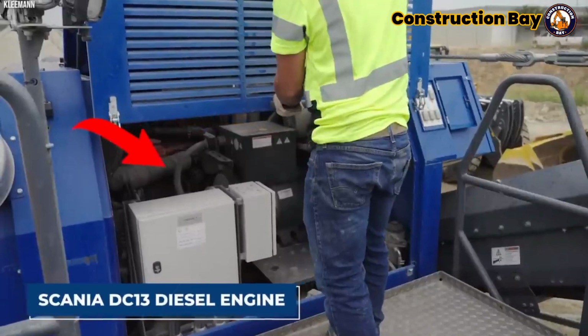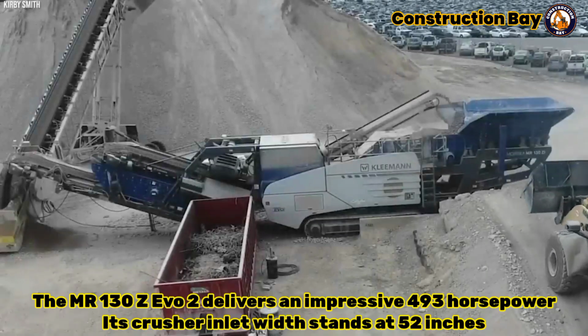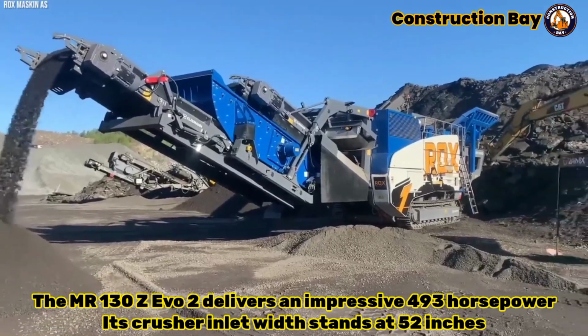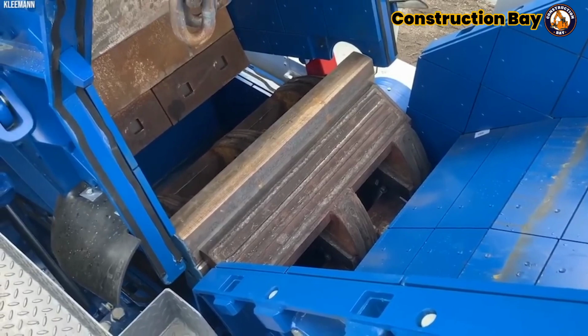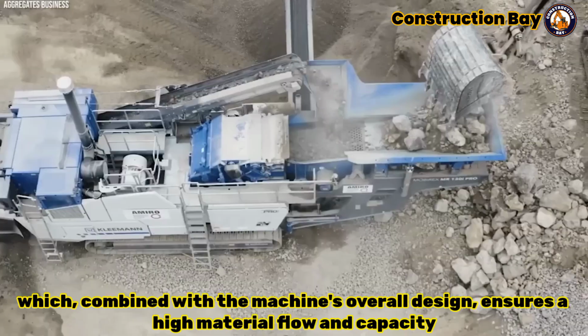Equipped with a Scania DC13 diesel engine, the MR 130Z EVO 2 delivers an impressive 493 horsepower. Its crusher inlet width stands at 52 inches, which, combined with the machine's overall design, ensures a high material flow